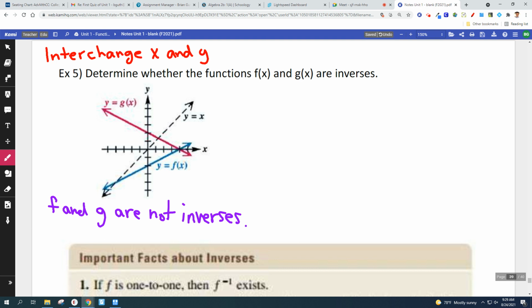What that does is that means that any point (a, b), if I just switch that point around, becomes (b, a)